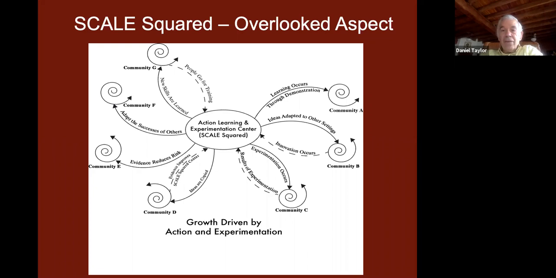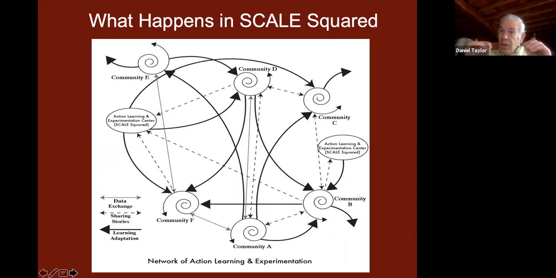Okay? And so in the scale squared process, growth is driven by action and experimentation. So it becomes a self-learning system. You are no longer the key person making it happen, or your community is no longer. The community, the experience itself, is reinforcing itself. This is a big change in the way you think and work. And when you can make this transition